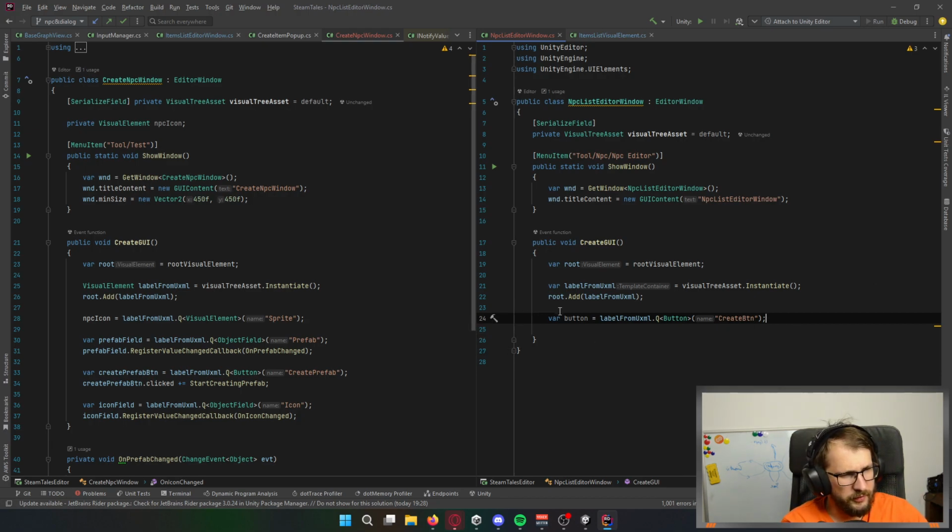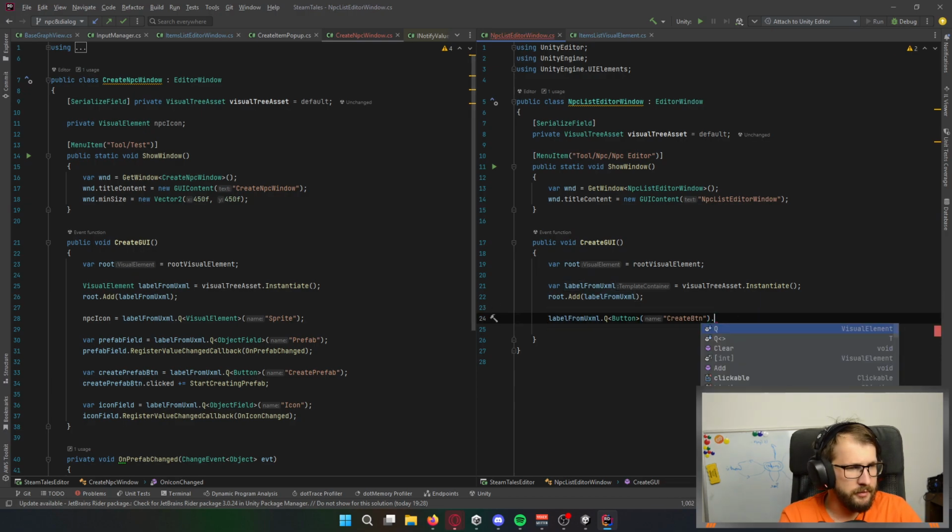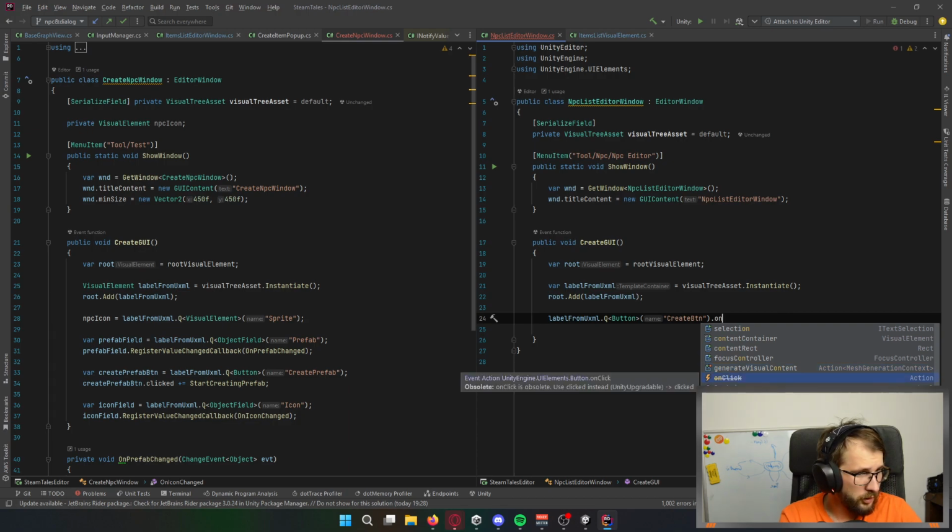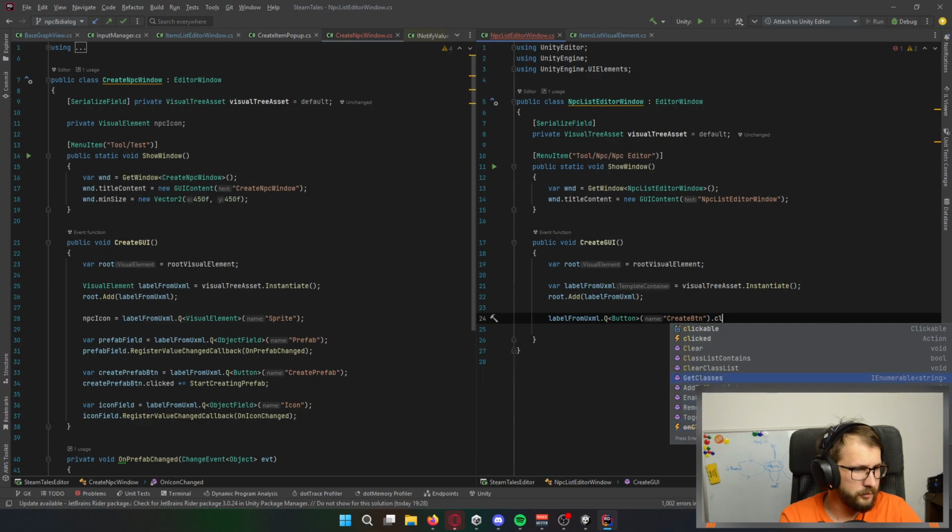Wait, do I even need this variable? I don't need it. I can simply add on click. Oh, it's obsolete. Clicked.